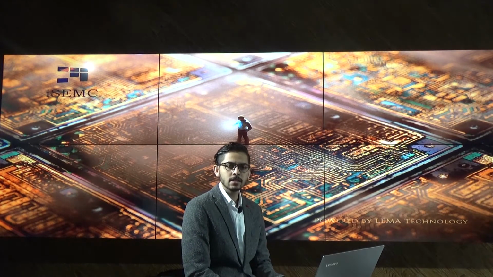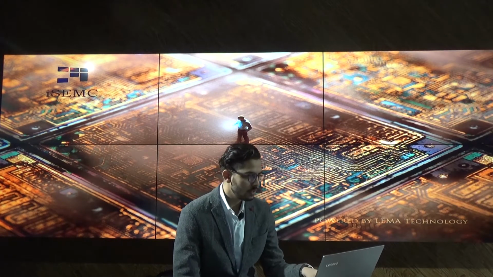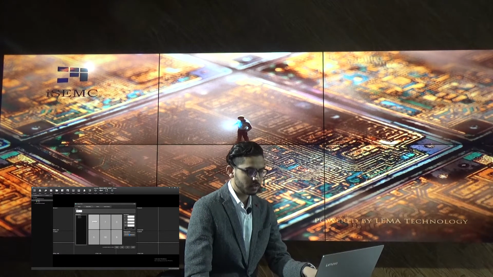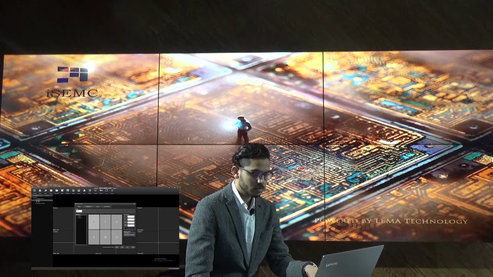Let's go to other features and get an overview. Custom screen order: we can customize the screen arrangement after installing the video wall controller. So let's see, we can go to this video wall page and we can see there is a page of custom screen order. So we can customize it.